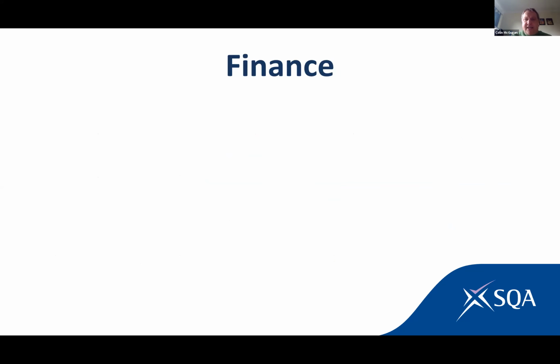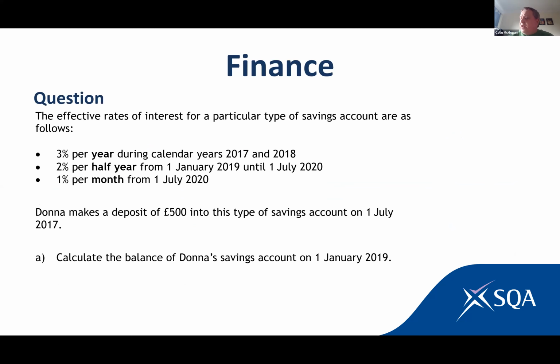The second question is a finance question. This question looks very similar to a National 5 question, but when it was being designed, at every point we had to make sure it went beyond National 5 maths, or in fact, in this case, National 5 applications. So what puts this question higher than a National 5 applications question? Even if we just look at the start, we know that normally, traditionally, in appreciation and depreciation questions,